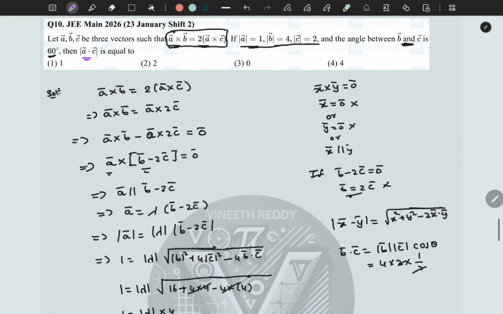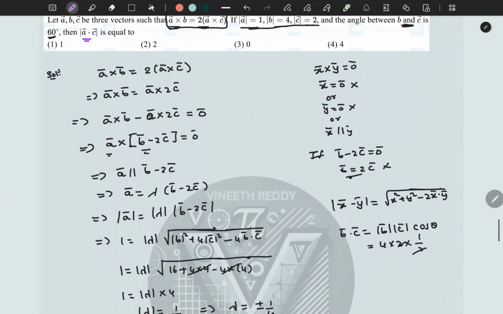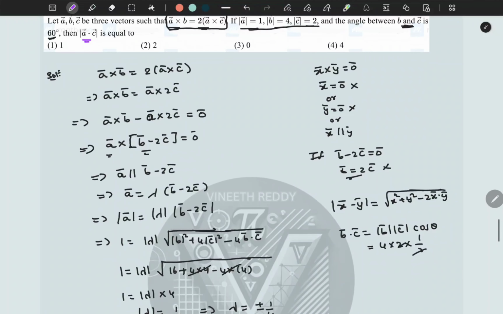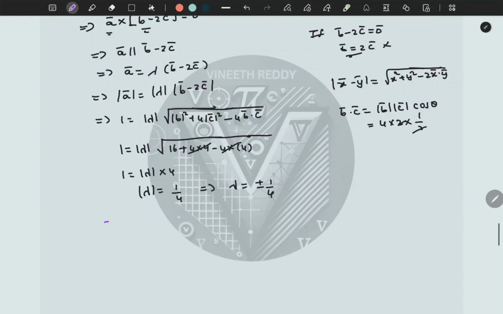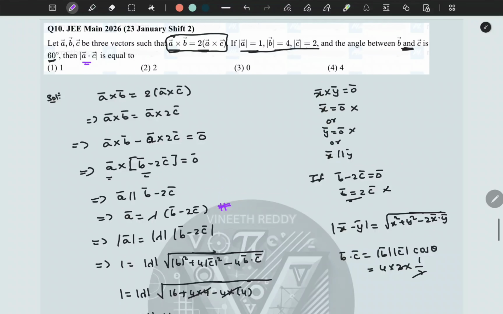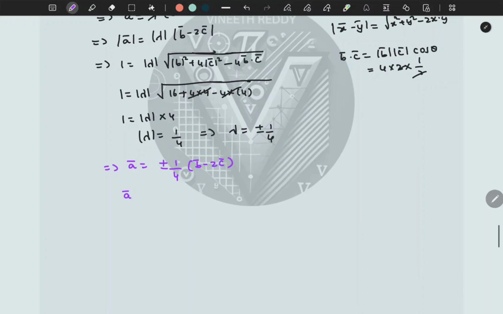Now we want the value of A dot C. For A dot C we need magnitude of A, magnitude of C, and the angle theta between A and C is not known. So we will eliminate A. From the earlier step we can write A is nothing but lambda, which is plus or minus 1 by 4, into B minus 2C. So A dot C will be plus or minus 1 by 4 into B dot C minus 2